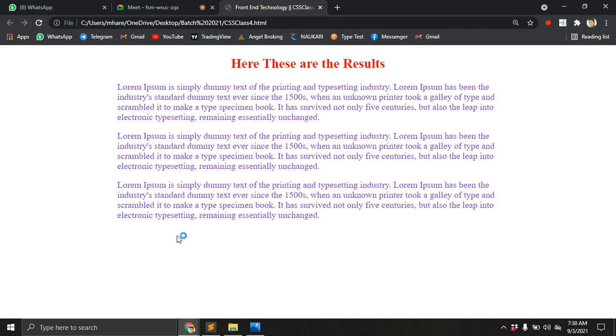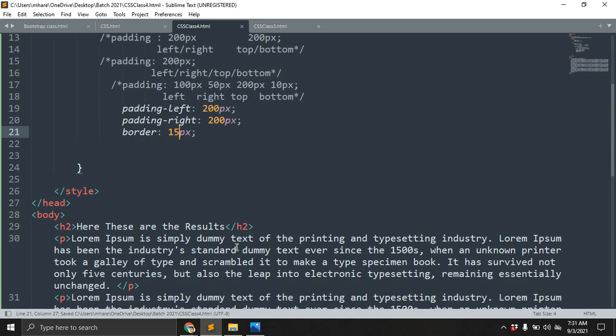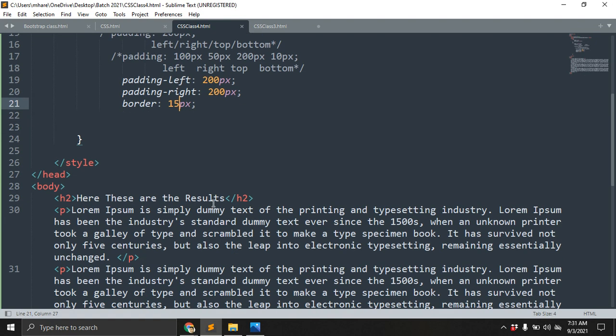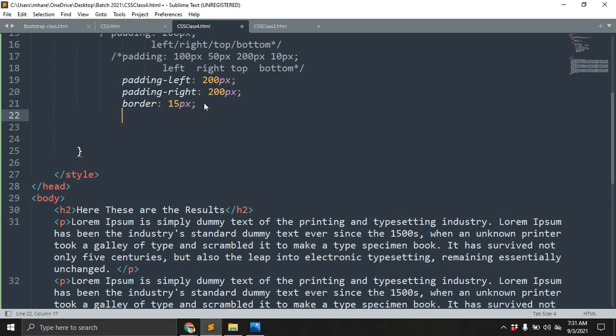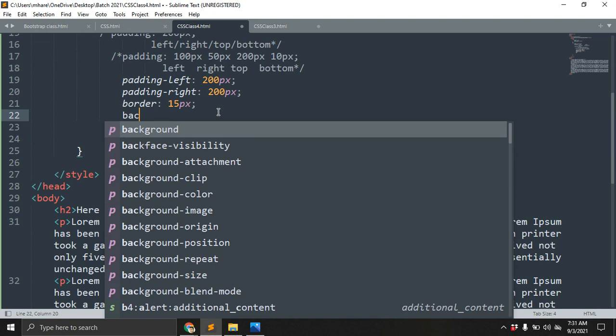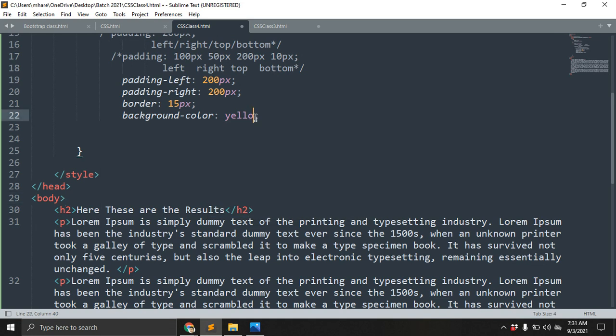I think borders are used in various ways.